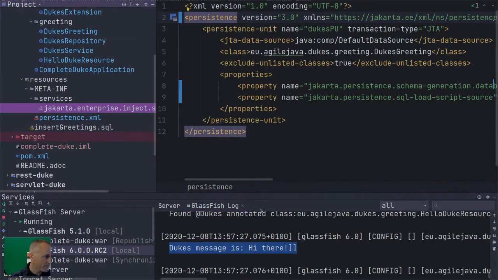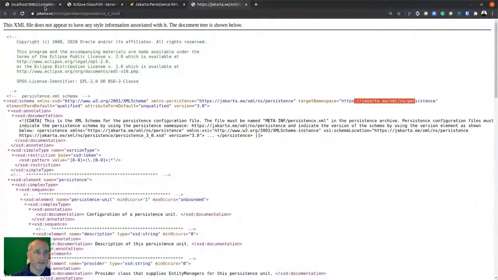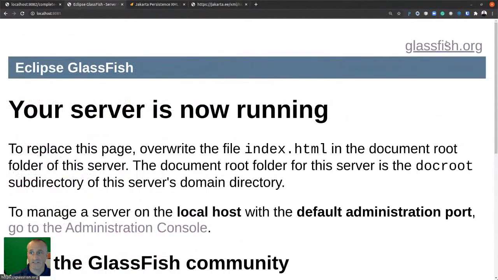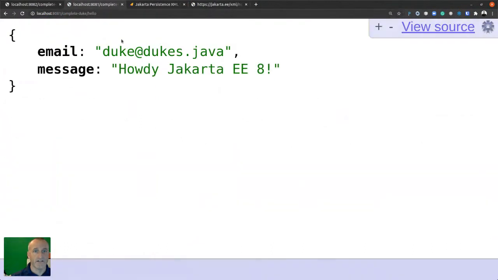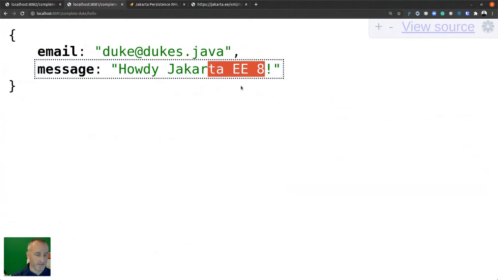And let's have a look at the application. So go back here to the Glassfish. You can see it is the version 6. And go to the complete Duke hello. And it says, oh my, it says hello to Jakarta E8. Well, we got to fix that as well. So you see, it's not